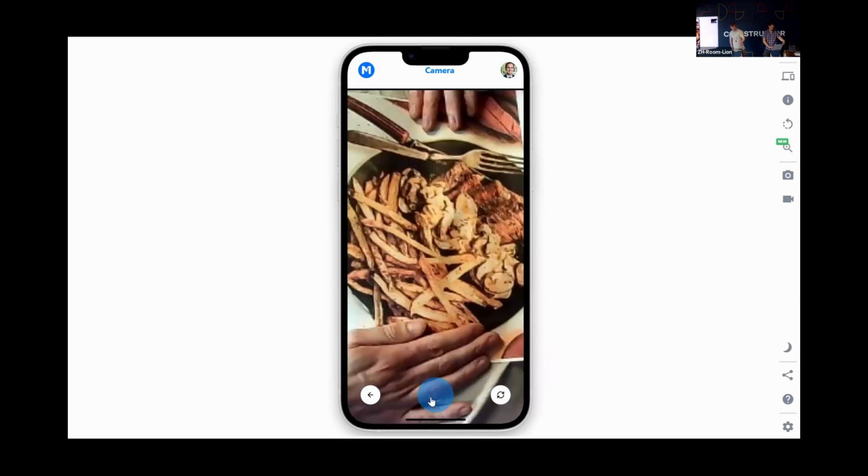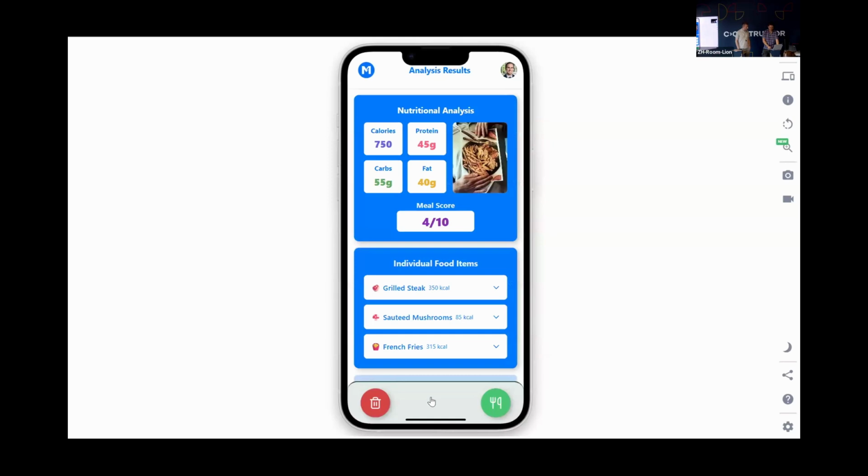What's very special about this app is that there are a lot of apps that are actually doing this already, but this one takes the user's goal into account, and it also takes their biometric data, like their age and how active they are in their fitness, and uses all of that together to calculate their target meal score. And yes, this is all being sent over to OpenAI.